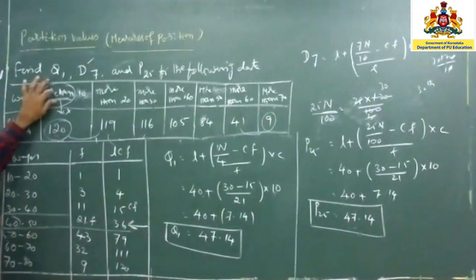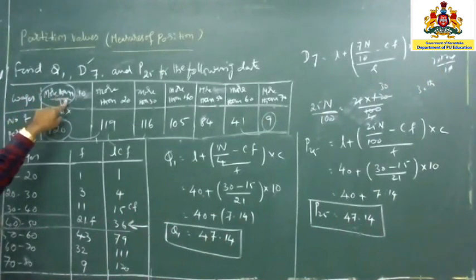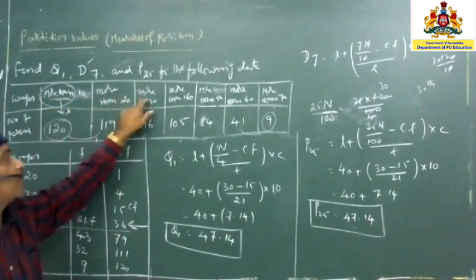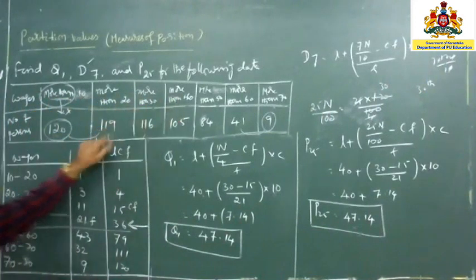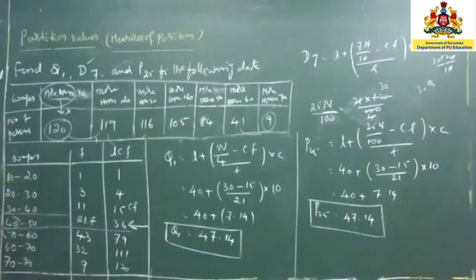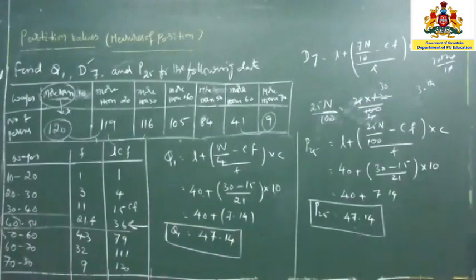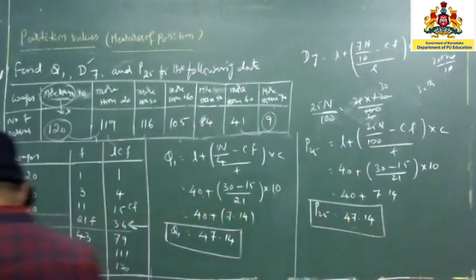Hope so, as there is not much time, this type of more-than problem we have done. Sometimes they will give you exclusive, inclusive. Now one more type is also there, where instead of more than they are going to give you below also. So how is below given? Below 10, below 20, below 30, below 40, like this. This type of example I am now going to do. Okay. So now please write down.